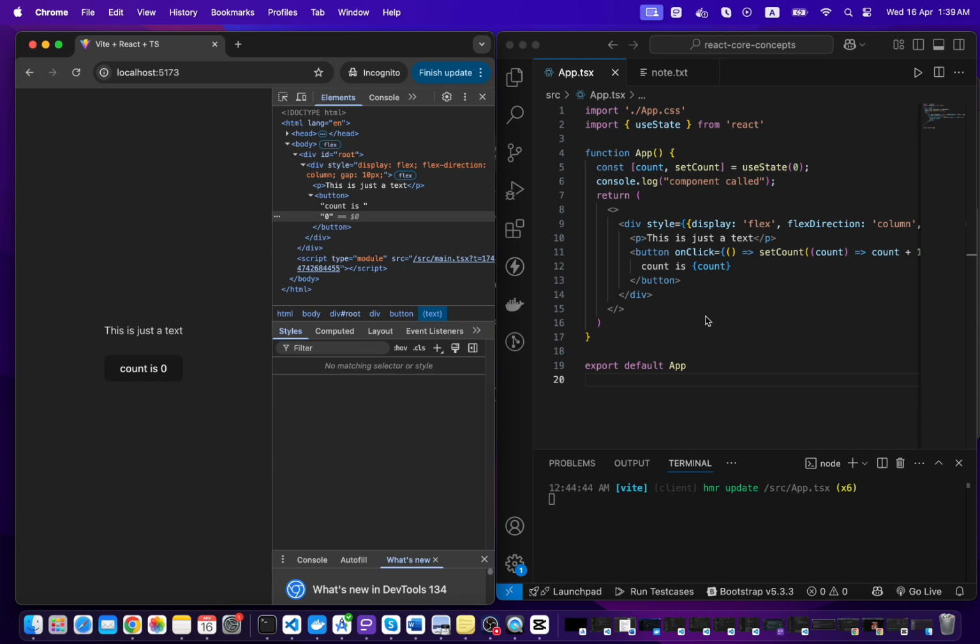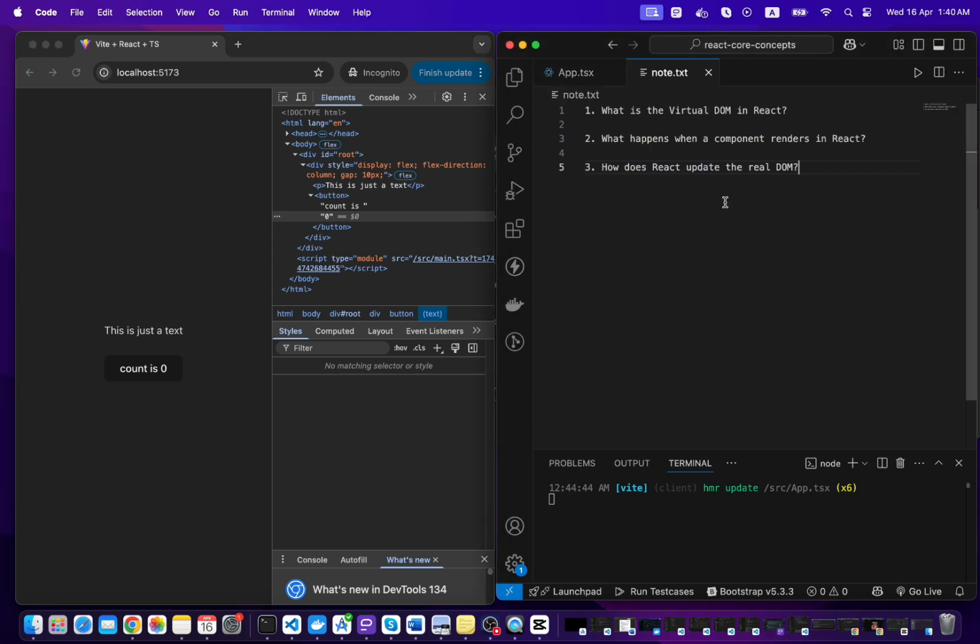So yes, this is called rendering, and it basically means that React is calling your component to create a virtual DOM, compare the newly created virtual DOM to the previous virtual DOM, determine the changes, and update the real DOM. Okay, thank you. And these are the interview questions you may face